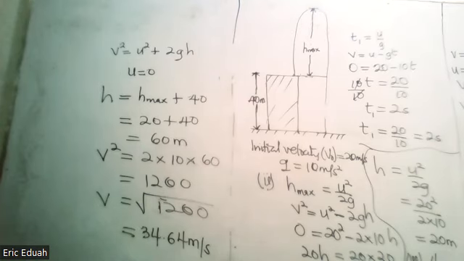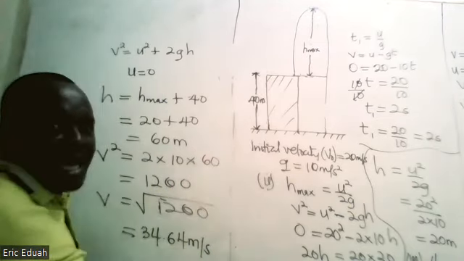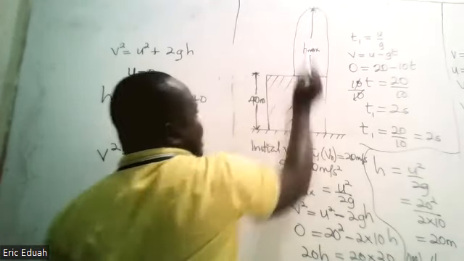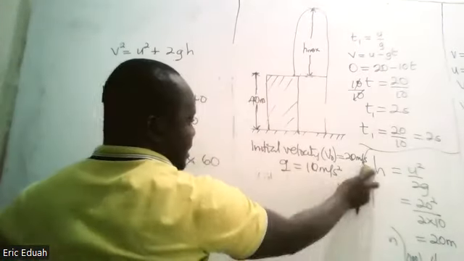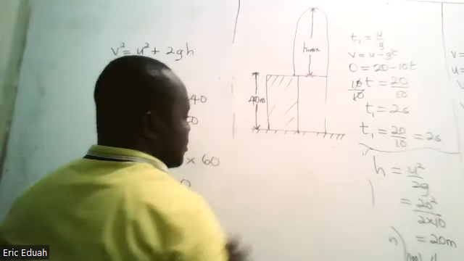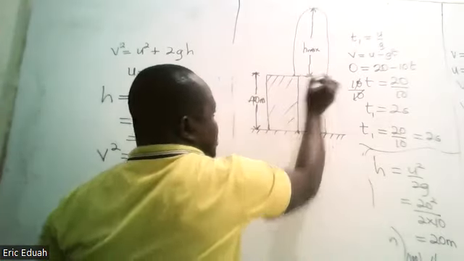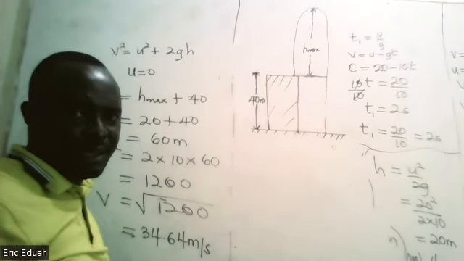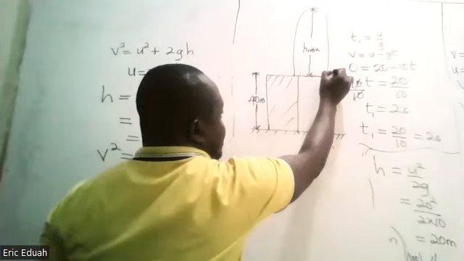Another way we can determine this is the following. Class, what is the velocity of the body from the maximum height up to the point where the body is initially thrown? Whoever is ready should go ahead. 20 meters per second. So the velocity here is 20